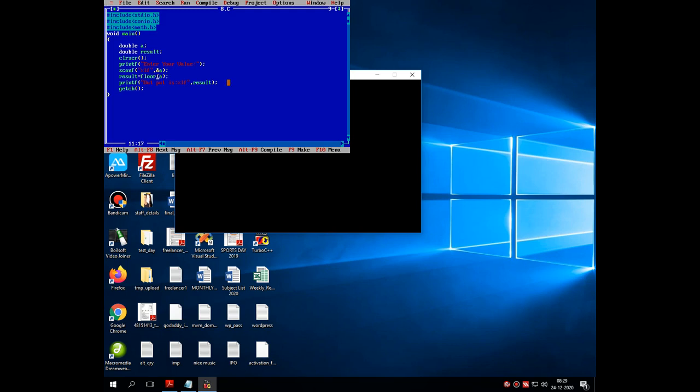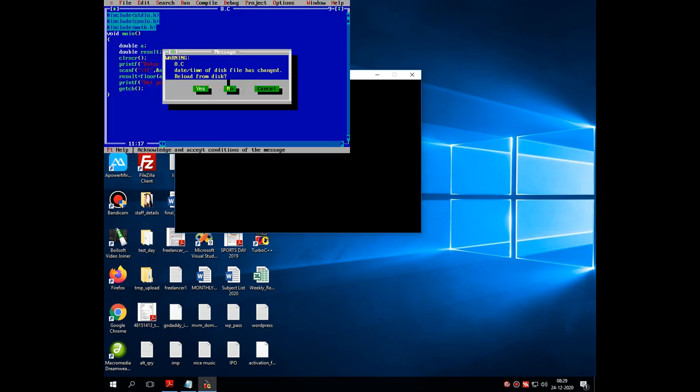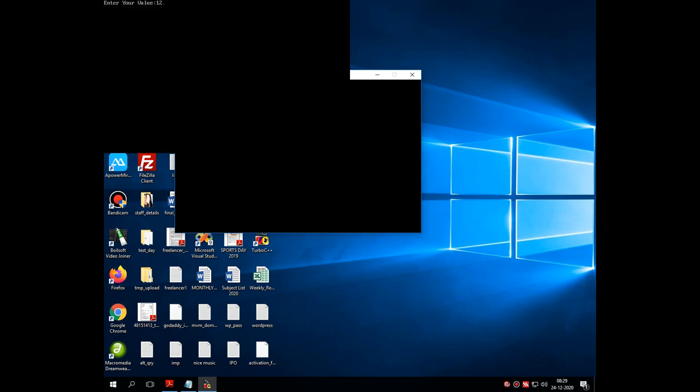Floor. What does it do? Let me enter the same value, that is 14.1. What does it return? 14. For example, I am giving 12.5. What does it return? 12. So this is the reverse of the ceil function. That means it will return the lower rounded value of an inputted value. Suppose I am entering 12.5, then it returns 12 onto the screen. Suppose I am entering 14.1, then it returns 14 onto the screen.